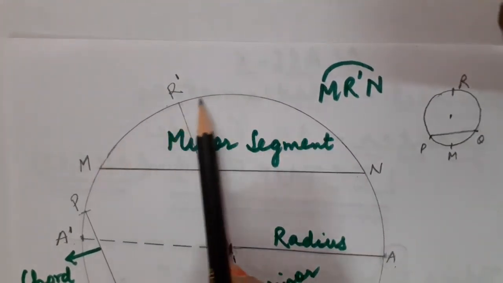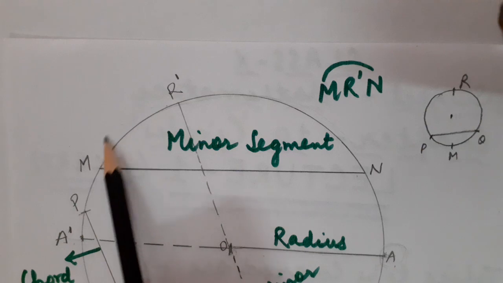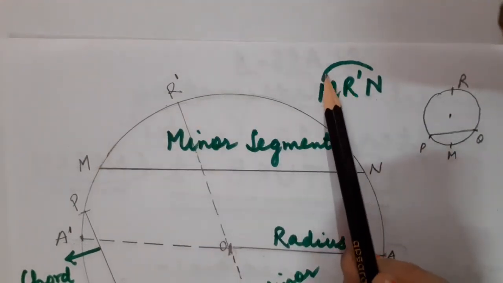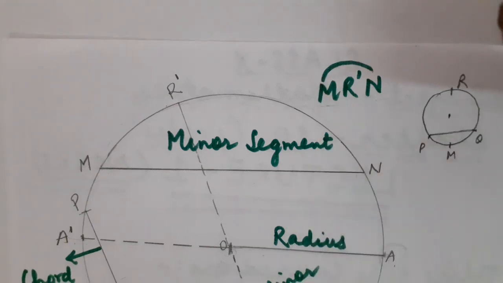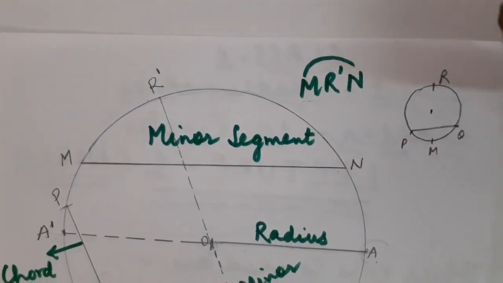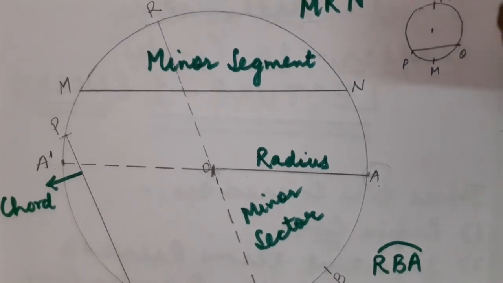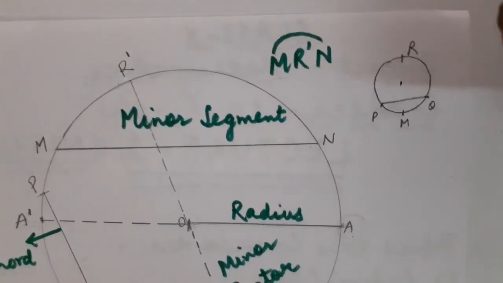MRN, this is complete. This is also a continuous piece of a circle without any break. So this is also an arc, and this is the symbol of arc. Now children, arcs are of basically two types. As I have taken so many points on this circle, it would be better if I